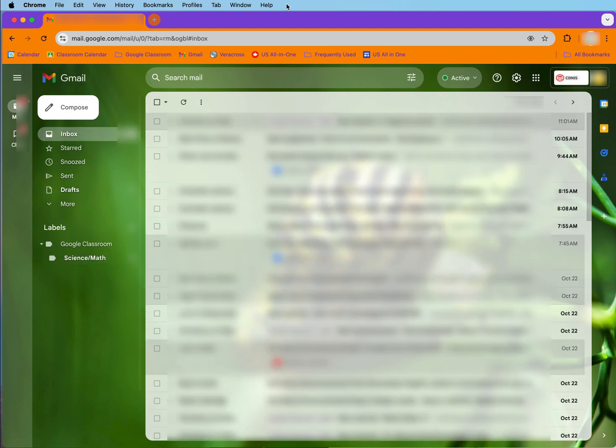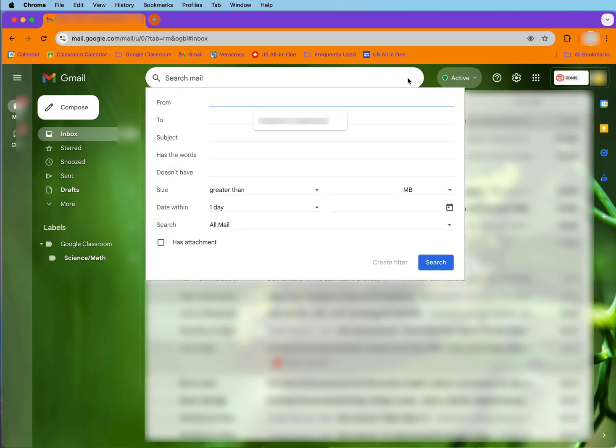So if you need to find a particular email and you're having trouble finding it just by using the standard search, as you've already seen when we did our filters, you can click on Show Search Options. And in here, you can really narrow down what it is you want to search for. Okay, so for example, if I wanted to search for an email from a particular person,